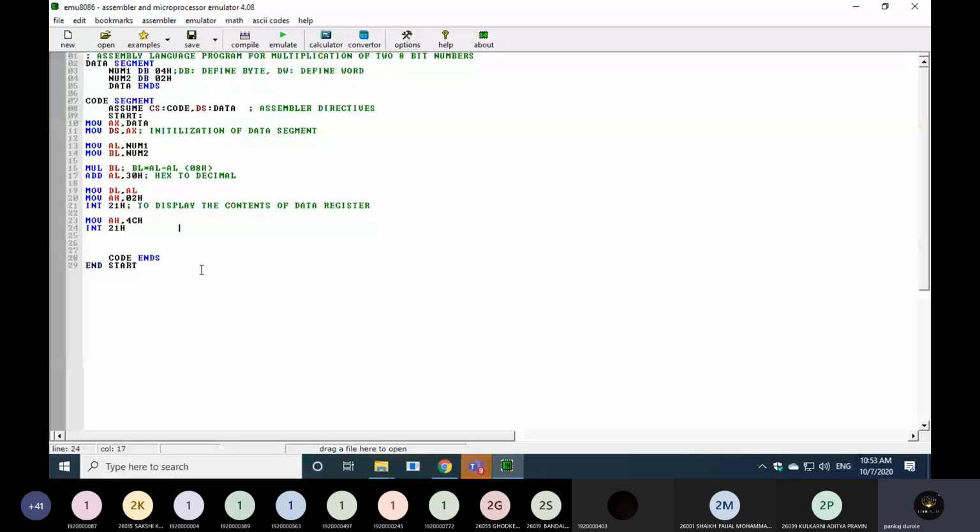And here MOV AH, 4Ch. As you write getch in the C language, here we need to write the two instructions MOV AH, 4Ch and INT 21h. This is for returning the control to the operating system.